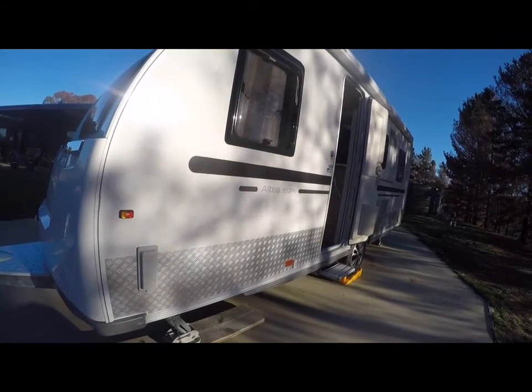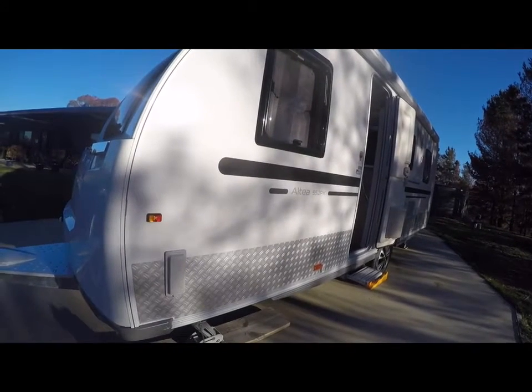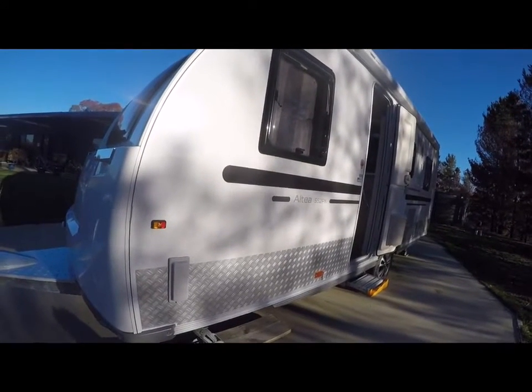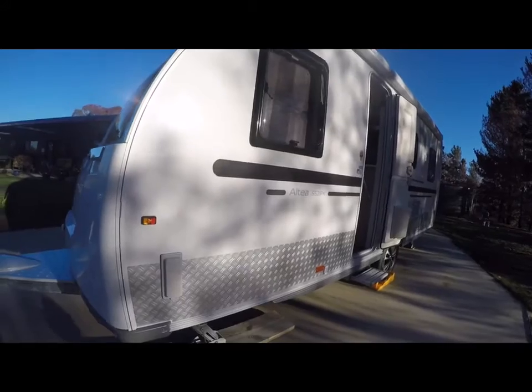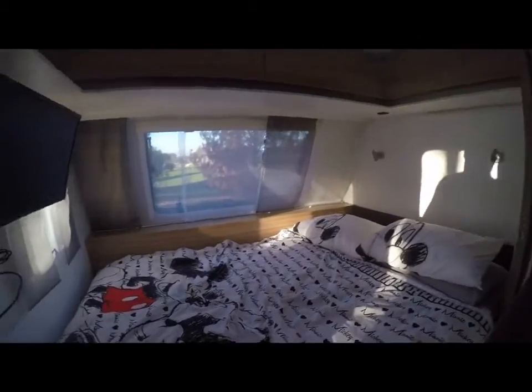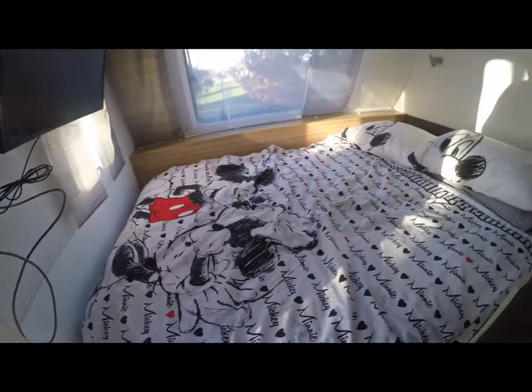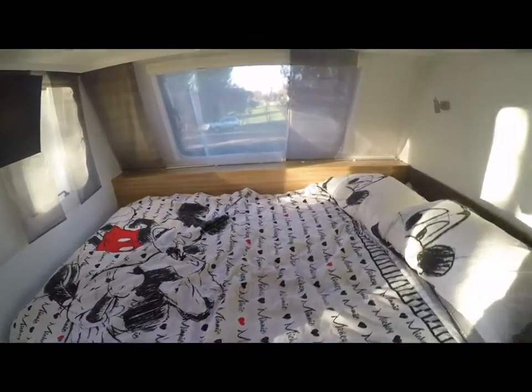So this is our Adria Altea 522PK, a 19-foot single axle caravan, and let me show you a bit of the inside. So the caravan is fitted with a queen size bed up the front here,